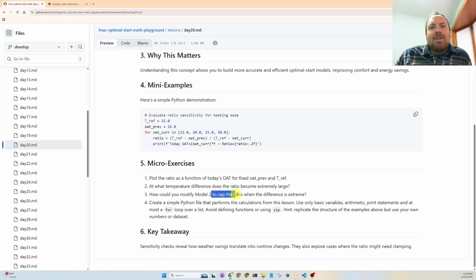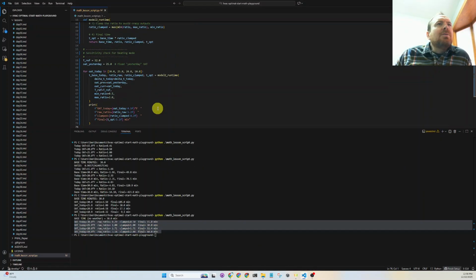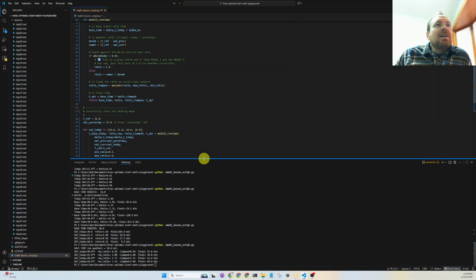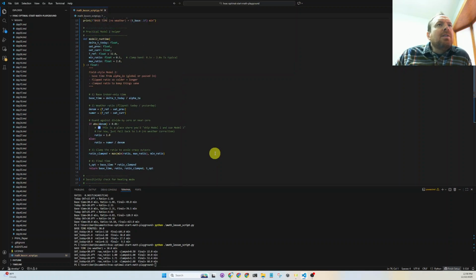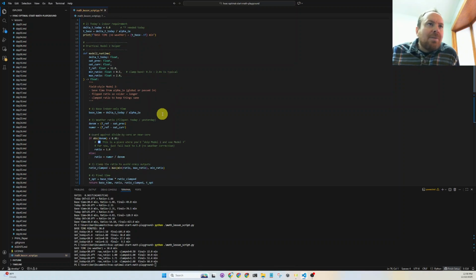Okay, so we did this already. Cap the ratio. I think in our AI generated code here, delta T, let's just see if there's a cap of the ratio. Whether ratio is flipped,